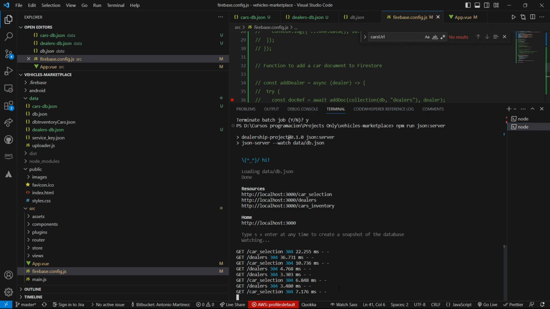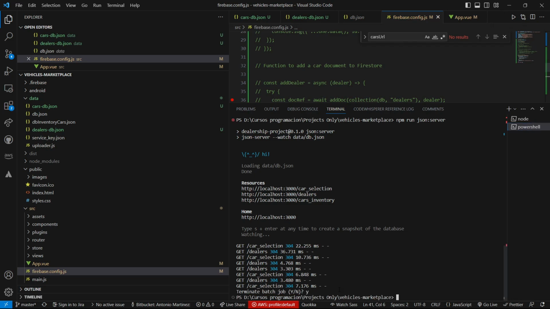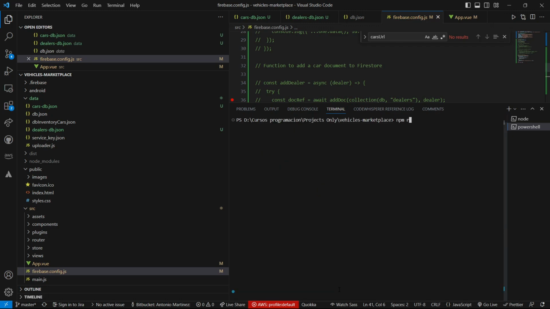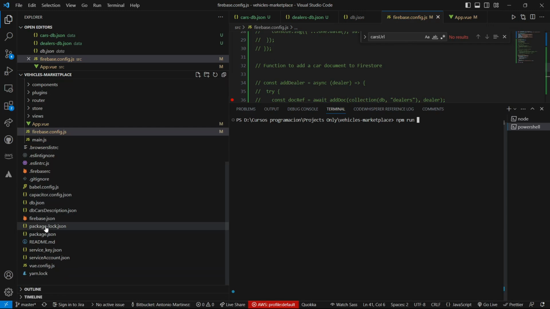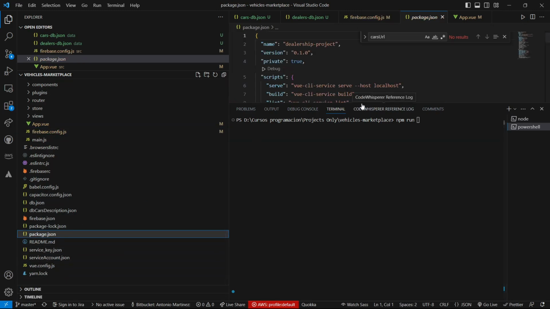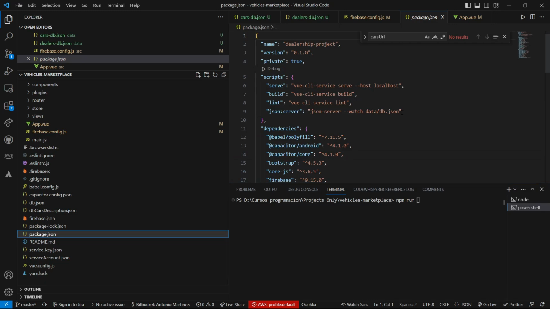In the package JSON, in the scripts here, you npm run, and then you have to do all this. So I gave it a name that I can do it quicker: JSON server. So I just do npm run JSON server,